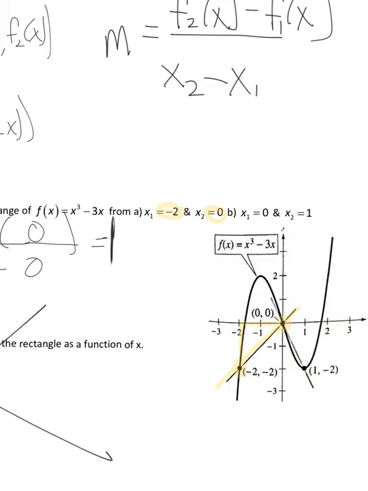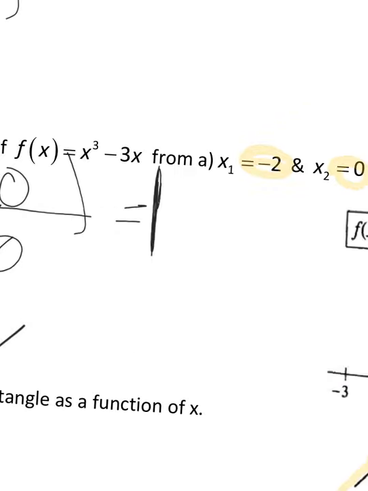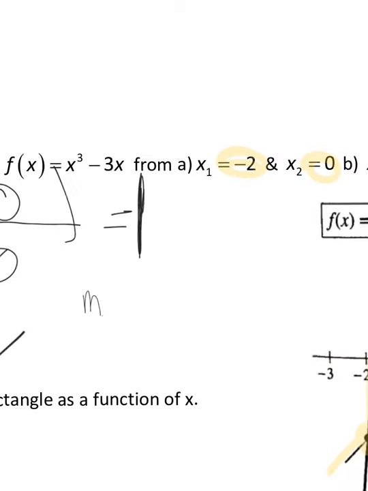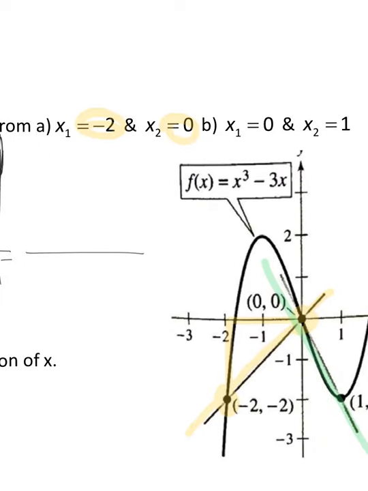And now let's look at the last one, the average rate of change from 0 to 1. If we look at that, just based on the slope, it looks like a negative slope. Let's go ahead and do the calculations right here. So this would be m of x equals 0, comma 1 equals, we take the output at the x value of 0. And again, you just plug 0 into the function, or you look at the graph if it gives it to you. In this case, it gives it to you, so it's 0